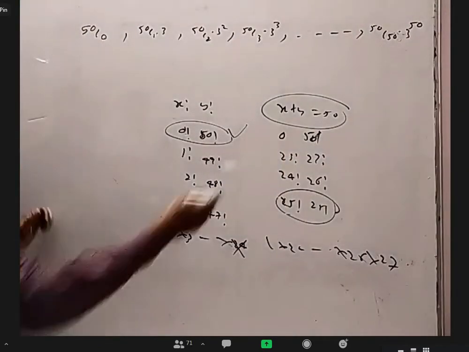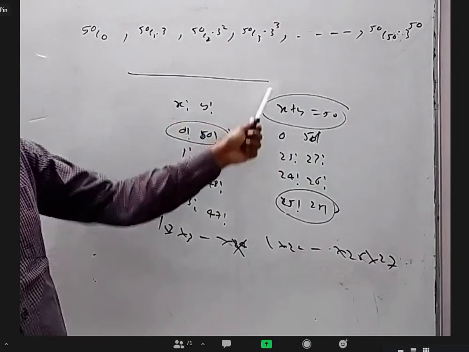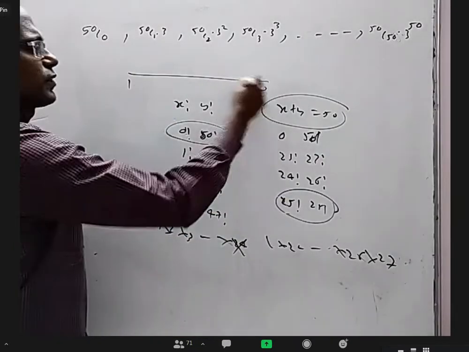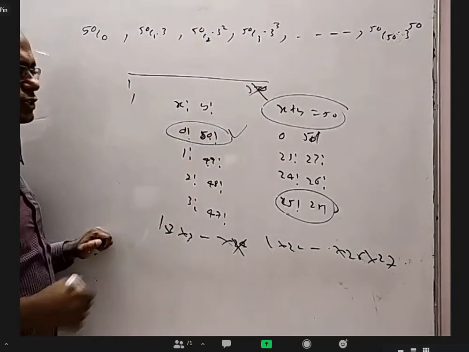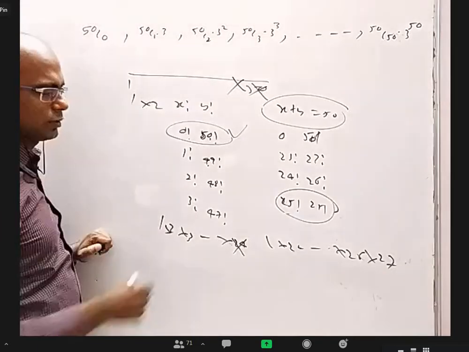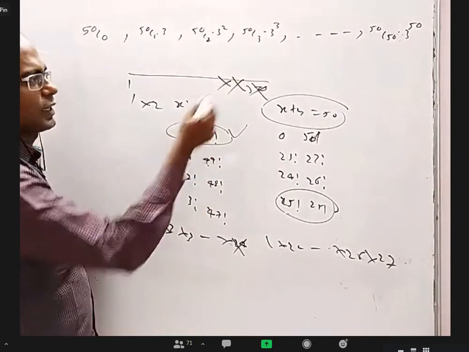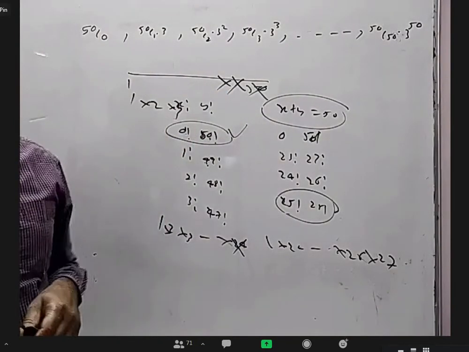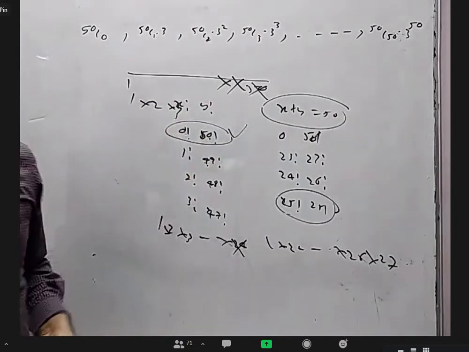Basically what happens? Every time you are multiplying 50 numbers, no doubt about it. Here also you are multiplying 50 numbers, here also you are multiplying 50 numbers. Here you are multiplying 1 to 50, everything. From here to here you removed 50 and added 1 extra. From here to here you removed 49 and added 2 extra. From here to here you removed 47 or 48 and added 3 extra. So you are removing bigger numbers and replacing with smaller numbers in the same product of 50 numbers. So obviously it will decrease. In the other direction it obviously will increase. You can see that.